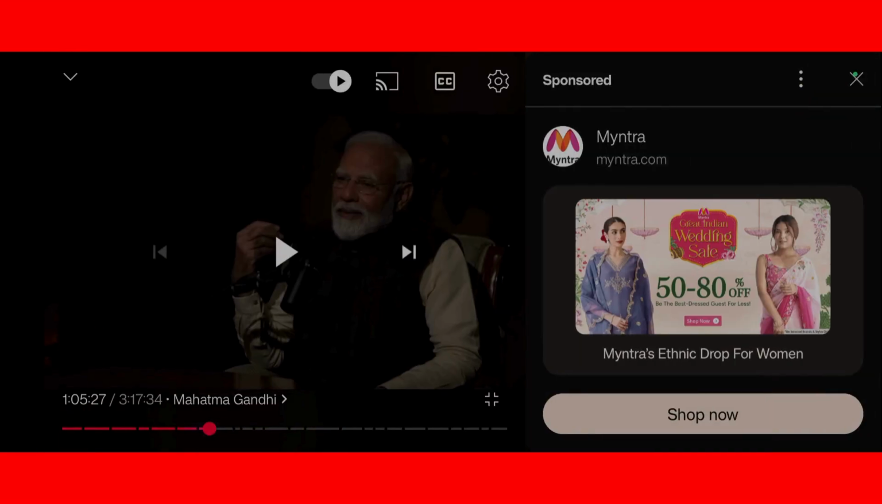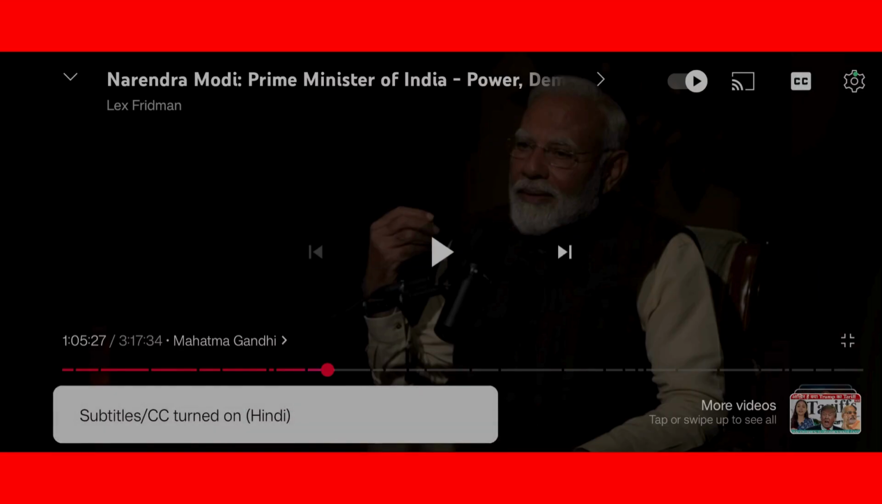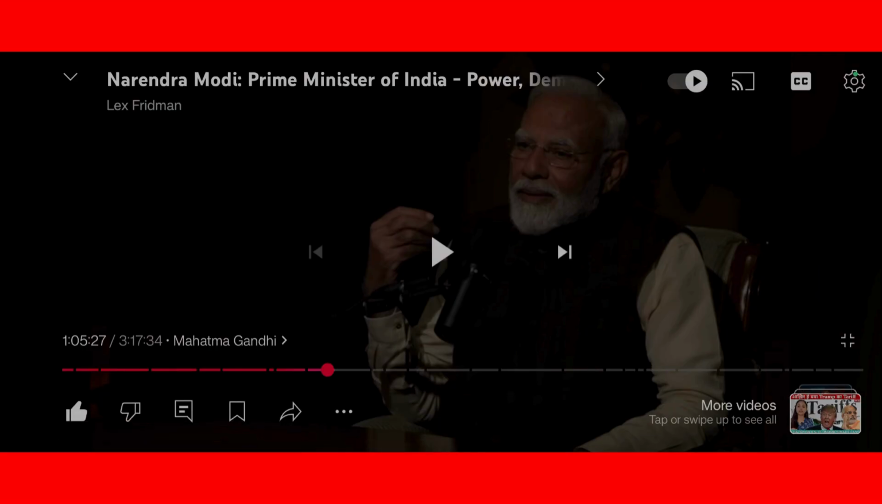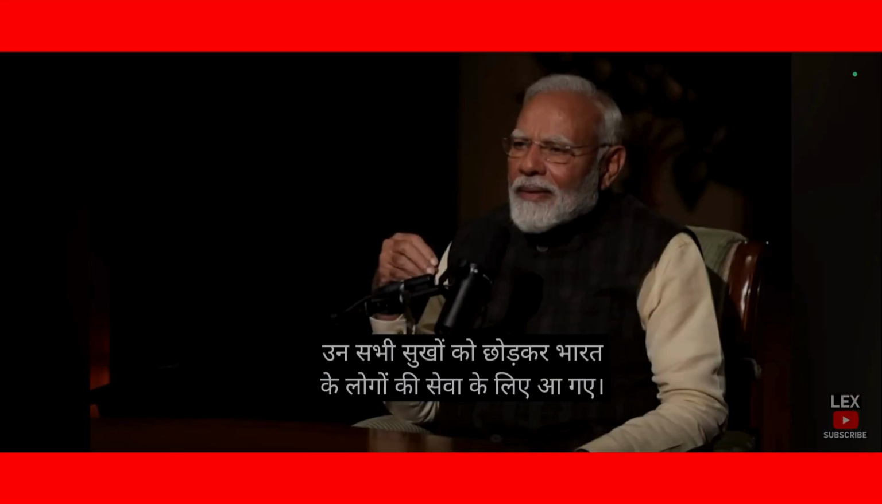So now let us first enable the subtitles for this video. To enable the subtitles, click onto the CC button at the top of the screen, and here you can see the message that subtitles are turned on in Hindi language. So if the video plays, you can see that the subtitles are currently appearing in